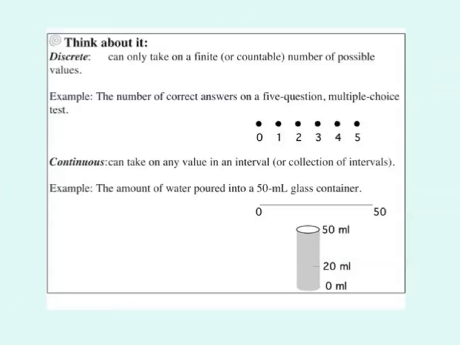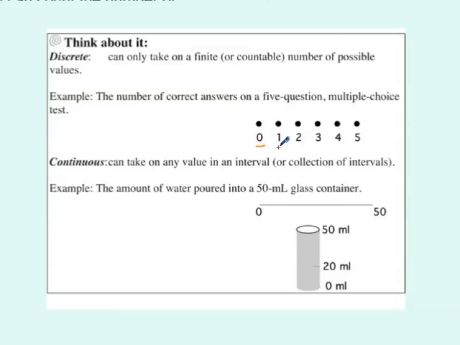But before we do that, let's take a little look at an example from the textbook on how to discern between discrete and continuous variables. So let's look at these two examples. Let's say you take a little quiz. It's a 5-question multiple choice quiz, and either you get it right or you get it wrong on each of the questions. So what we've got here is a discrete set of data